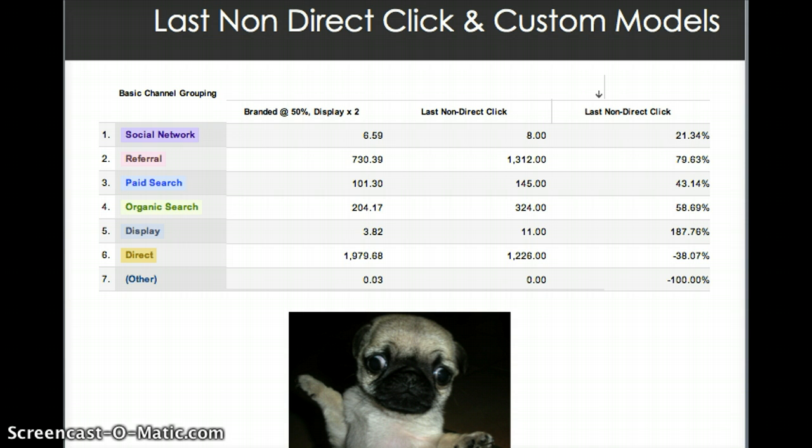So here's where it gets even cooler, because now we're going to talk about the custom models. You can customize the look back window, how many days prior to the conversion. You can adjust credit based on user engagement via time on site or page depth, and you can apply custom credit rules based on all sorts of things. So here's an example